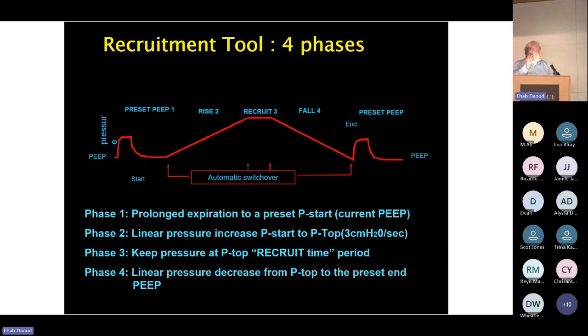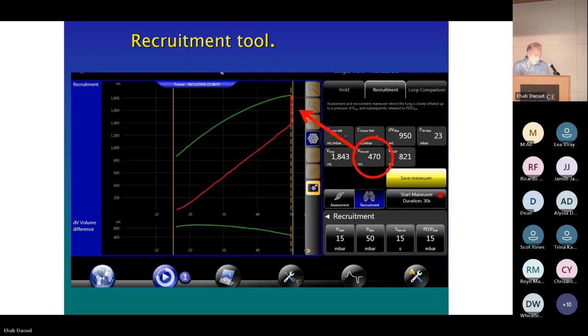This is the ramp method that's available on a number of ventilators. This is Bella Vista, but it shows over a period of time, relatively slow, 2 to 3 centimeters of water will rise per second, raise the pressure, hold when the lung is being recruited, then a slow expiration. Develops a PV tool, and you can see here the volume that's increased. Some machines, and the Bella Vista does this, it actually tells you what volume you've recruited. One assumes, of course, this is recruitment, not leakage, which is often the case. You're using high pressures unless the balloon is inflated, pressure will be